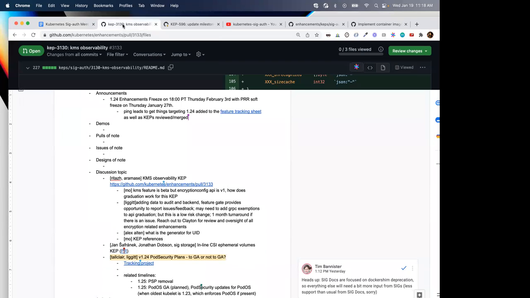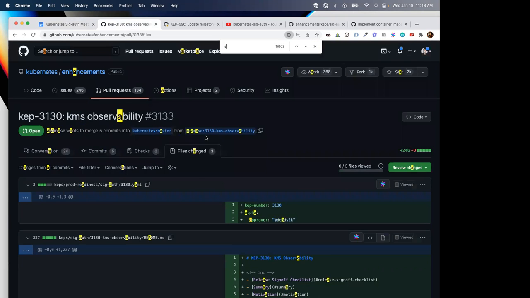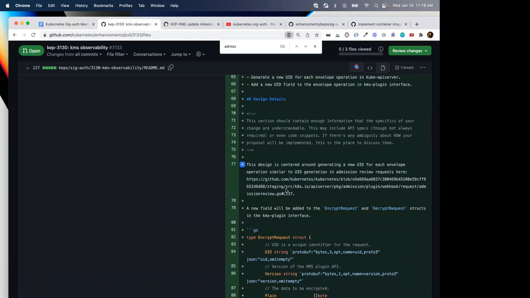We use the UUID package, or we will use the UUID package, for example, that is used to generate UIDs on admission reviews. They serve a vaguely similar, but not exactly the same, purpose as what we're trying to do here. And if I remember correctly, it uses the Go crypto random number generator under the hood, which, if anyone cares, does get swapped out if you have the FIPS compiling stuff.